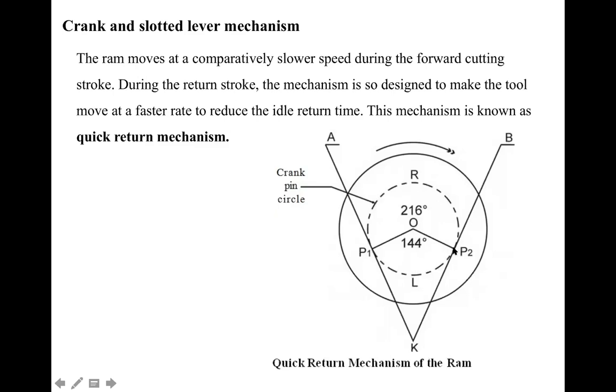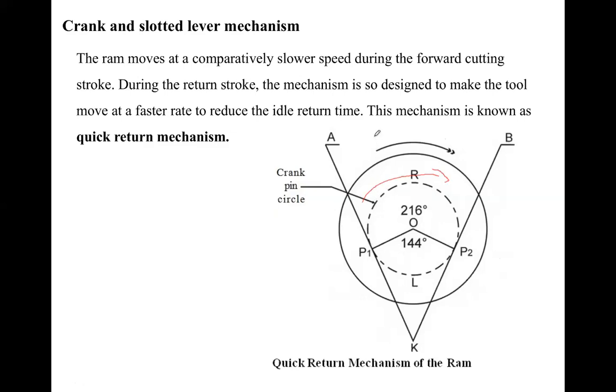This point is always connected to this one, so it can be swiveled. The slider can be moved, but it always slides in this slotted lever. As it moves, the slotted lever also moves along with it, in the direction of the arrow shown. When this particular point P1 is there, your slider is at this point. When it goes, your slider moves up and up, because in the slotted lever there is a slot, and the slider moves in this slot.